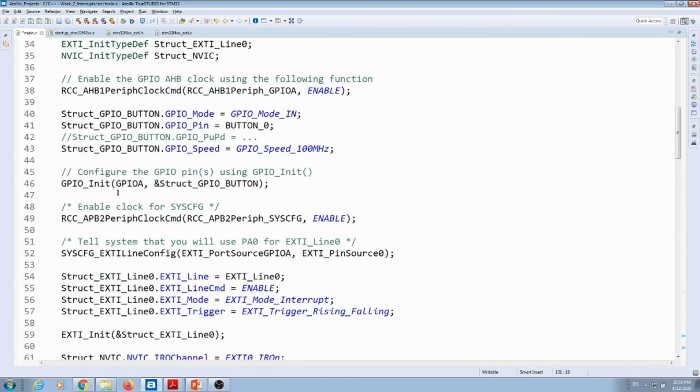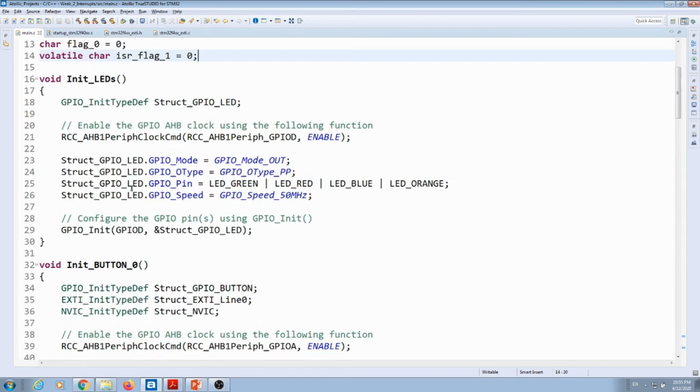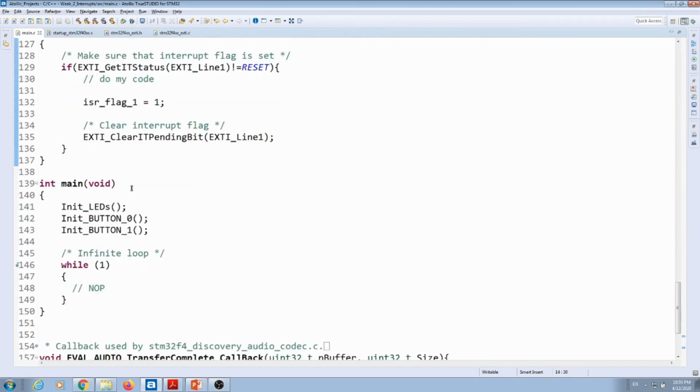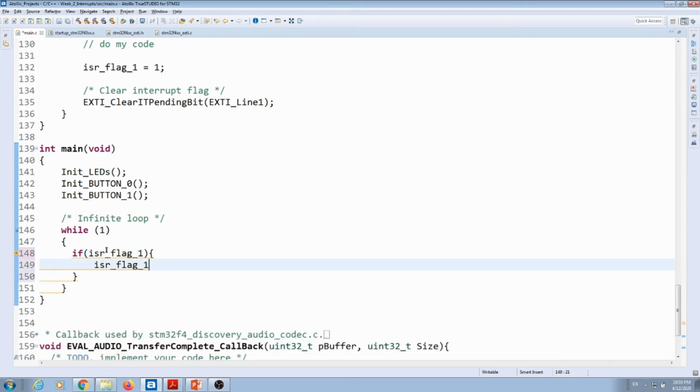This is going to be now a global variable that is going to be called volatile, because we have 2 points that are going to use this variable. Let's call it char for now, and we can initialize it to 0. And that interrupt is done. Now I go to my main function, and I just need to look at that flag, and if that flag is equal to 1, which can be this, all I need to do is I reset my flag,